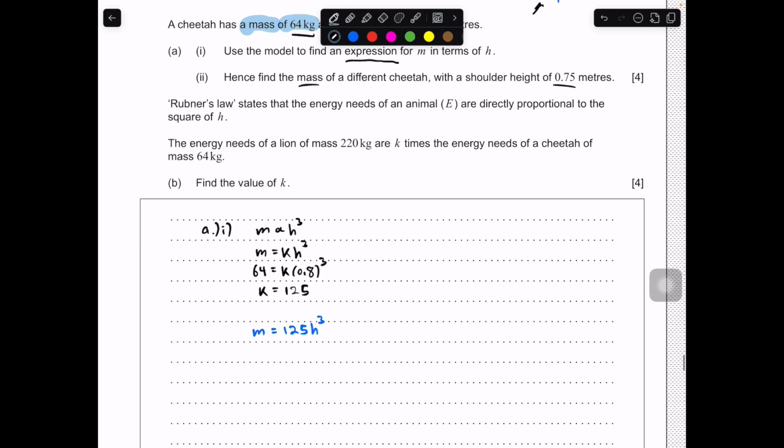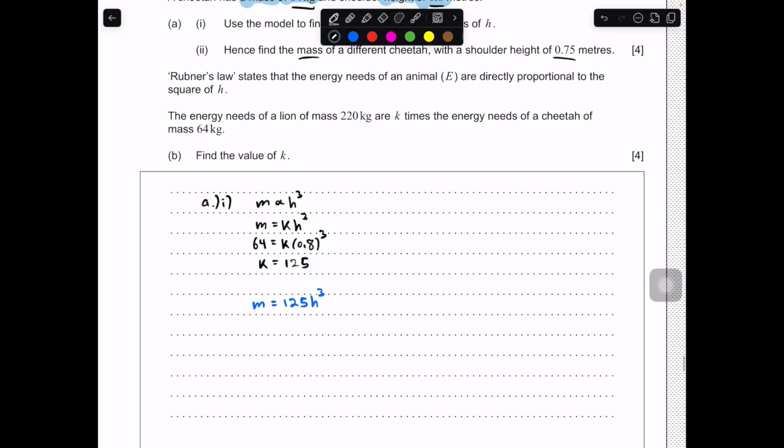Part 2 asks us to find the mass of a different cheetah with a shoulder height of 0.75 meters. So we know its height. Can we find the mass? We can, because we've got an equation linking these two things together. So let's go ahead. Mass is equal to